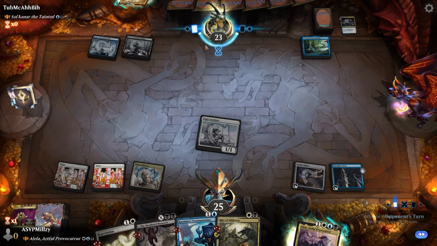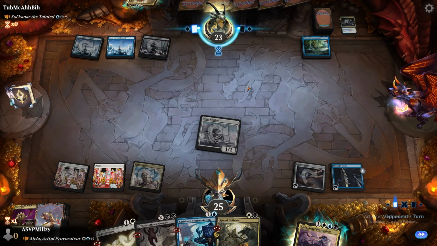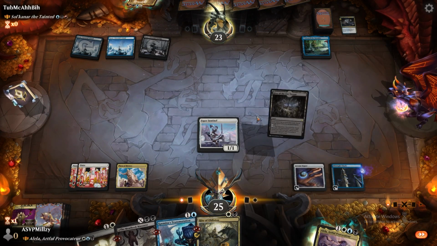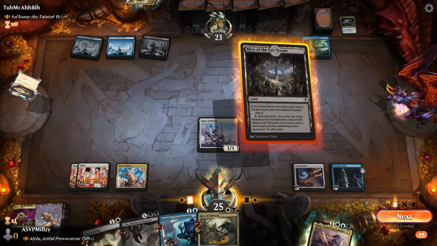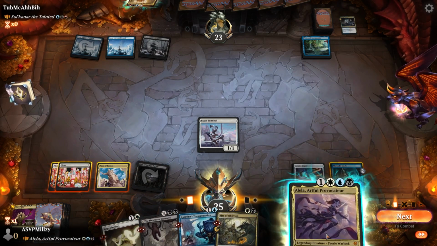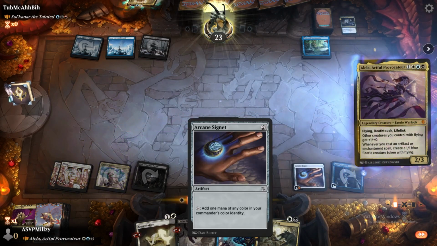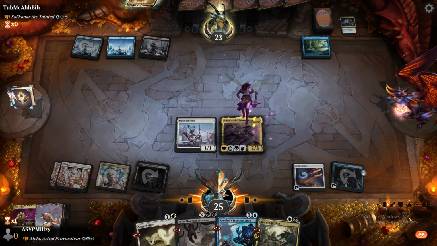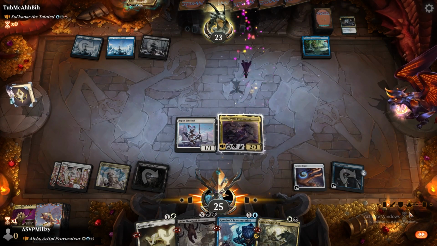So what, do they have a land in their hand they're not playing? Okay. We have to remember that Wash Away exists in the format. Do we run this into a Wash Away to see if they have it? So we get a hold. Okay, I was going to say that could mean a bunch of things. That could be Fading Hope. That could be...